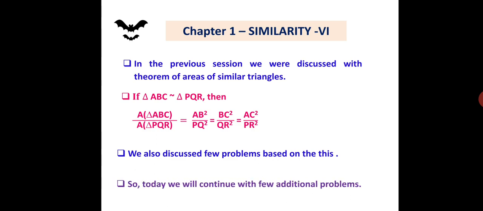So today we will continue with a few additional problems that could be asked in question number 4 and question number 5, which is very important as far as the board question paper pattern is concerned. In question number 4 and question number 5, which are totally for 11 marks, these problems will be asked out of the textbook but based on the syllabus. So let us discuss in this session a few problems and some activity based questions which could be asked in question number 2 and question number 3.